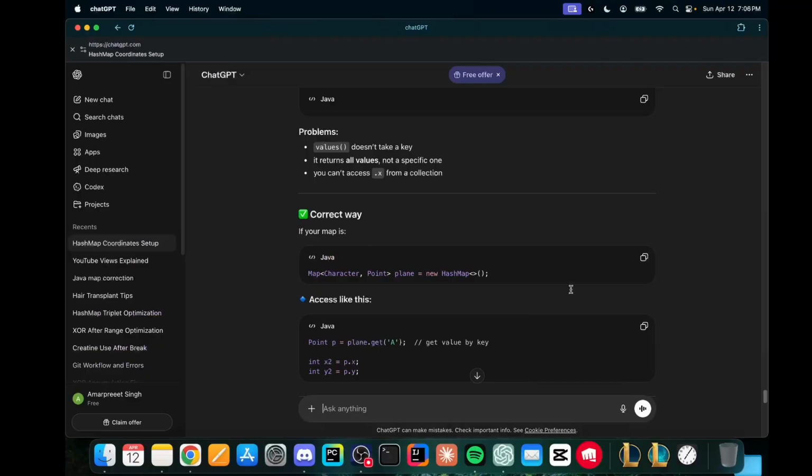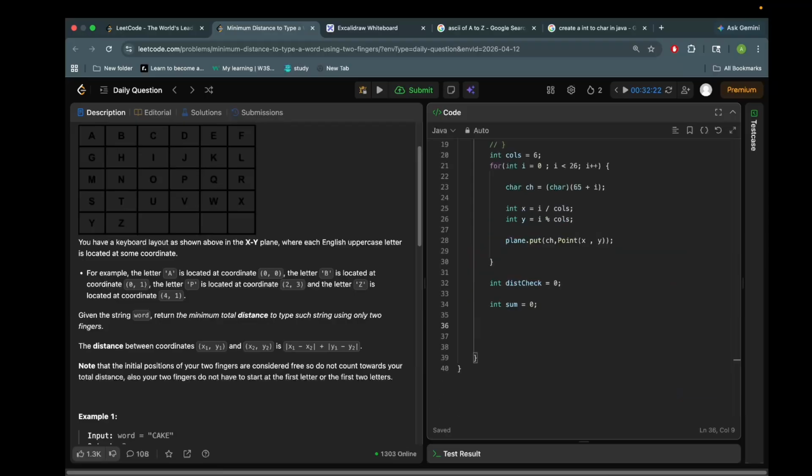So what do I want to do? We want to go through each character. First, compute the distance check between the first two characters. If the distance check is less than 3, then we update to the new x and y values. Else we create new